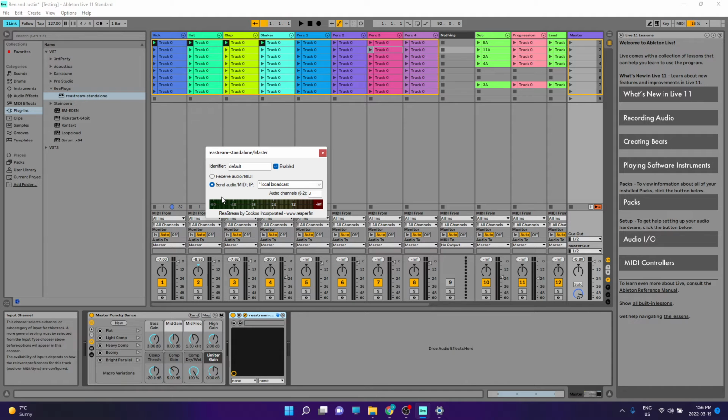One version of the VST has to send, and then within OBS it has to receive the signal. Don't play with the identifier in any instance of the VST. Just leave it as default, because the name matters. It just has to be the same name. Now, I have send audio selected and then local broadcast. So now, if I hit play here,